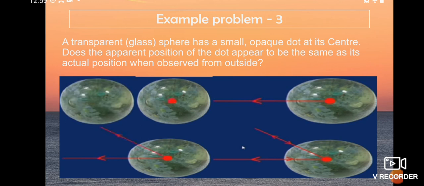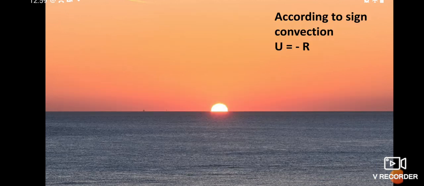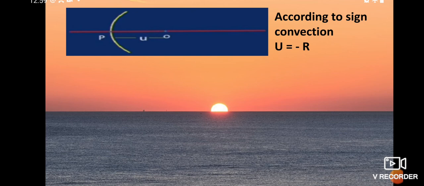So the two light rays are coming from the center, there is no deviation. So these two light rays are not going to meet. We can't get a real image also. If we extend these two light rays backwards, maybe they will meet at the same point. So by substituting values here, see here,